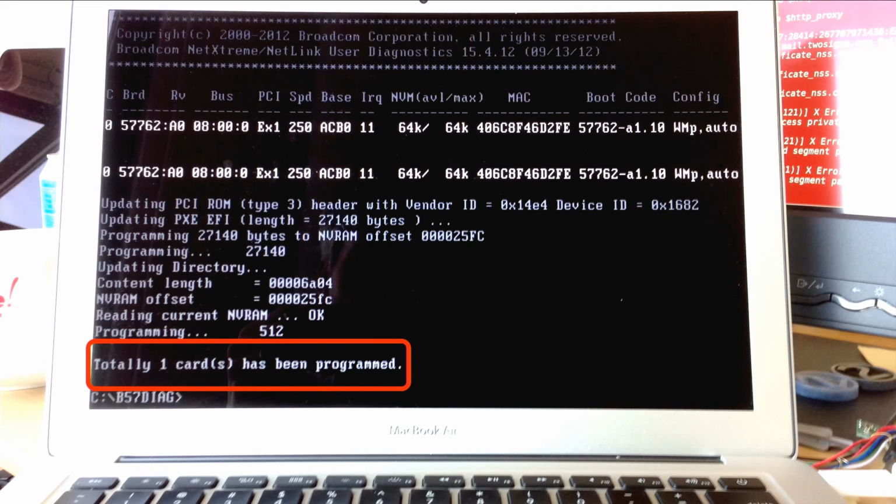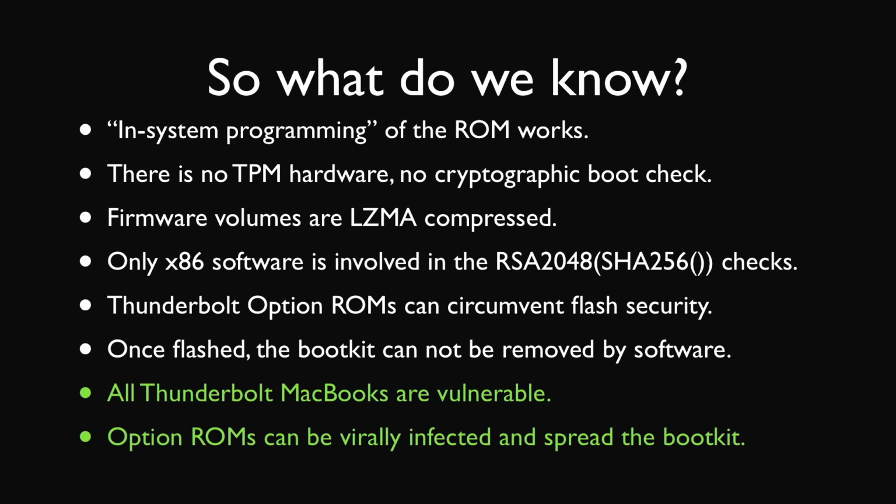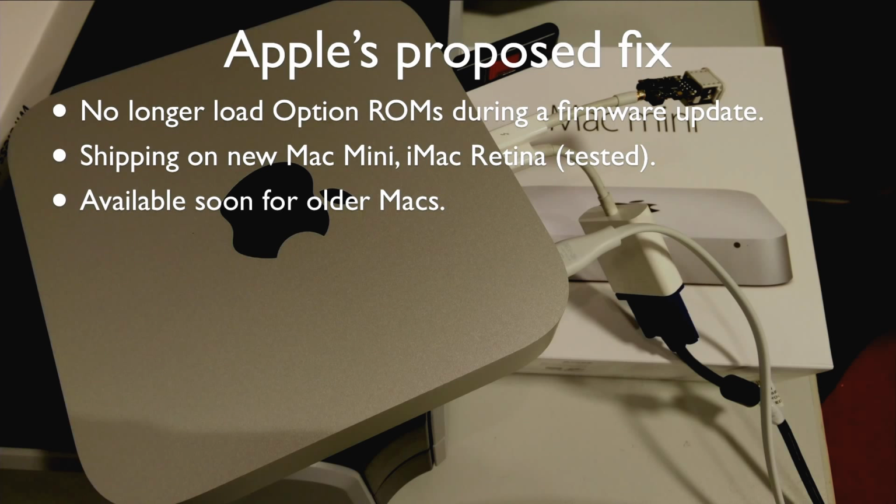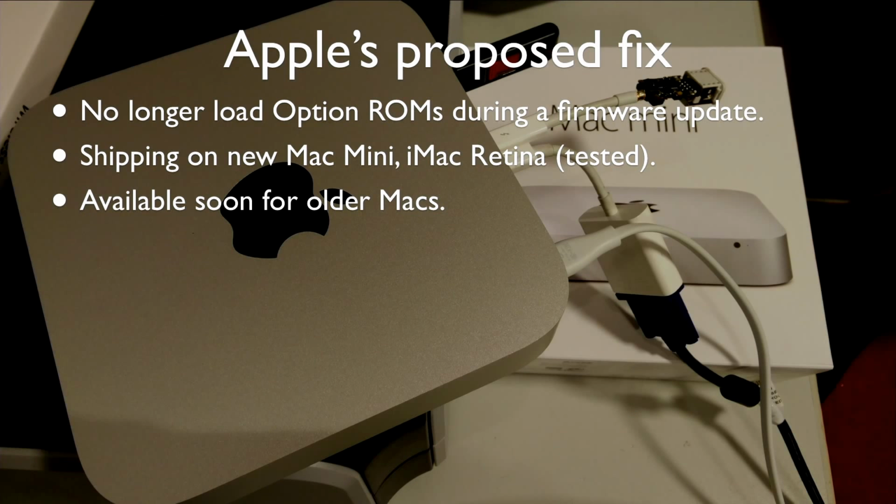So you have a Thunderbolt Ethernet device that you share between machines at work, and it is able to go across them. So, all Thunderbolt MacBooks are vulnerable. They can spread virally. What can we do to prevent this? So I've been in contact with Apple, and they have